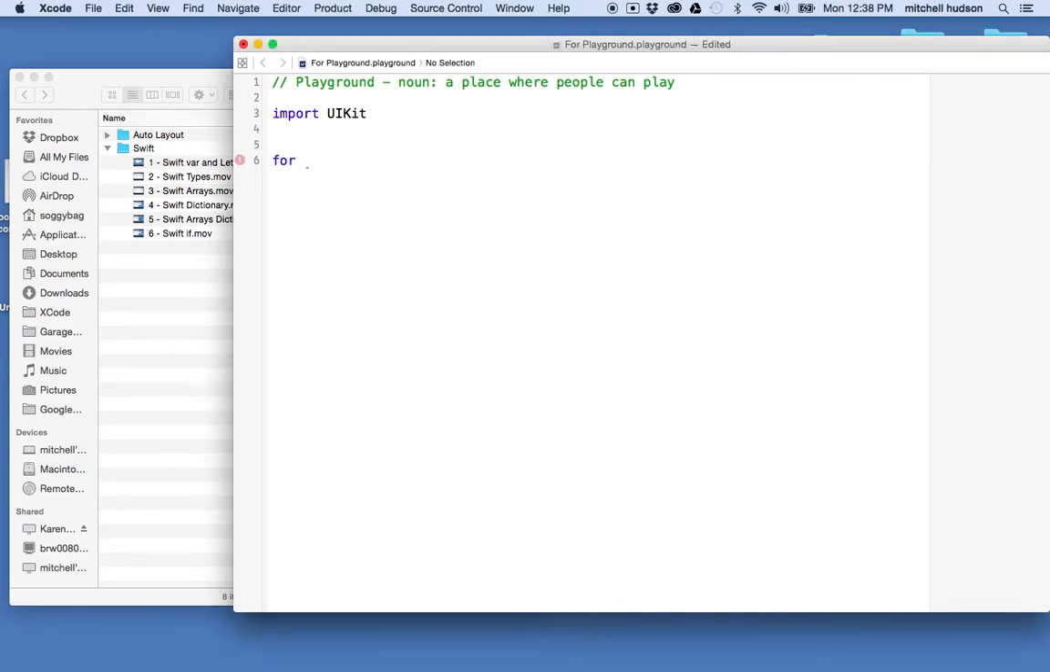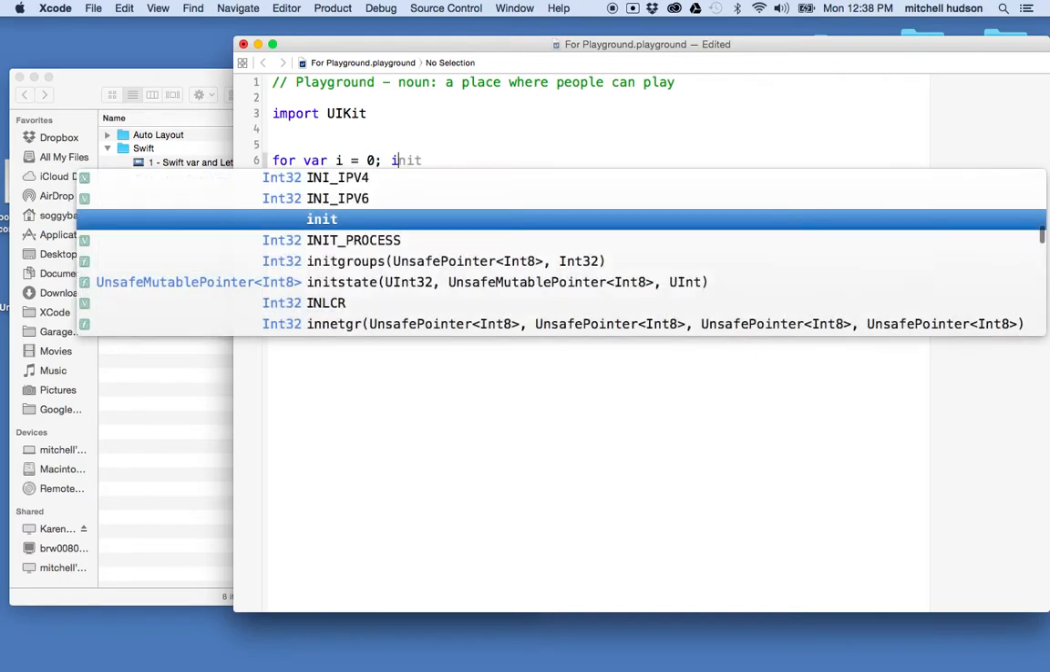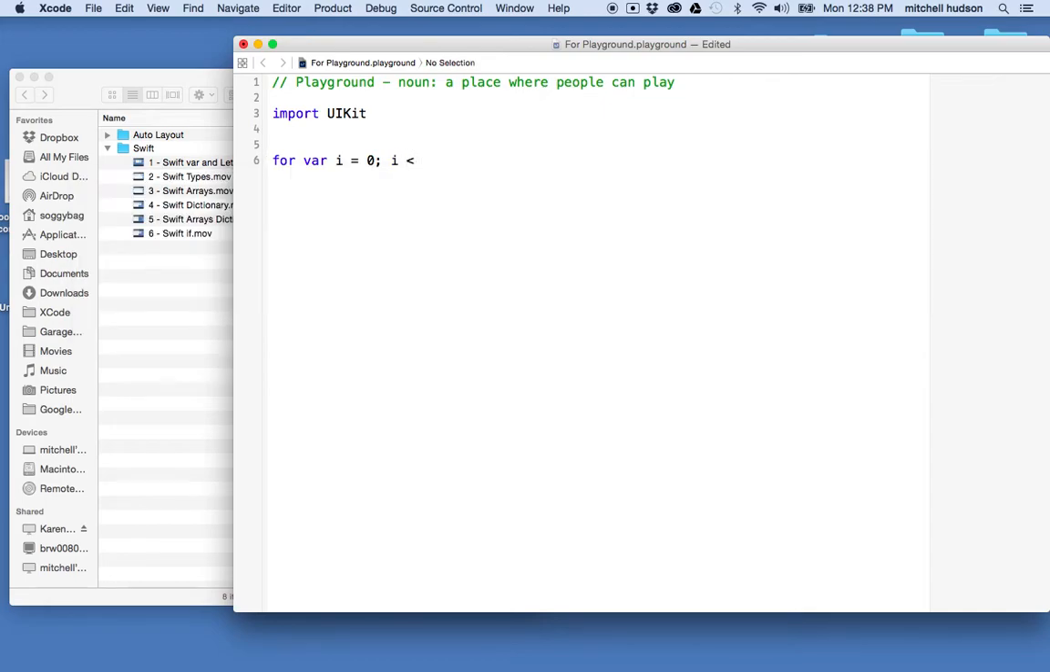I'm going to start with the first one. I'm going to say for, and I'm going to define a variable named i and give it a value of 0. Then I'll put the semicolon and say, let's repeat while i is less than 10. Then I'll put the semicolon. And then with each repeat, I'm going to say i plus plus. So this type of for loop says that we're going to define a variable to count with,